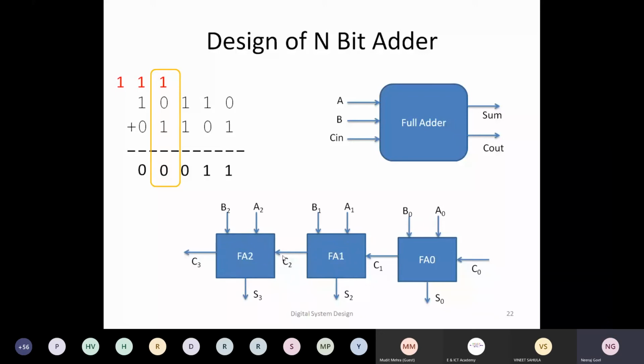So this particular type of adder is called a ripple carry adder. It means your carry is propagating from the zeroth stage, full adder 0, to full adder 1, 2, 3, etc. Because the carry is propagating linearly, going from one stage to the second, then third, then fourth, this is called a ripple carry adder. Okay, now the question to us is we have to do two things.